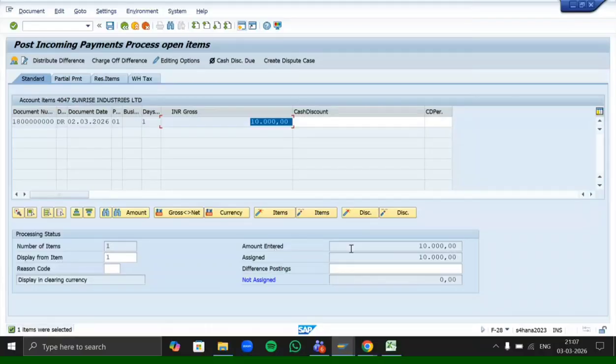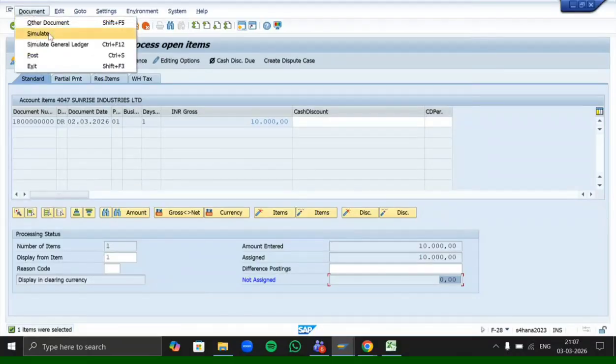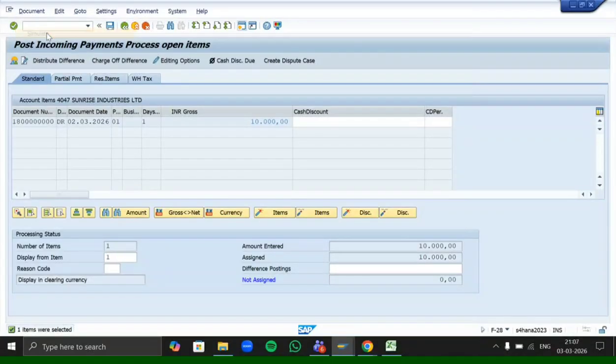Amount entered means the amount which we entered now while making this payment entry, that was also 10,000. Assigned means the invoice amount is also 10,000. There is no difference. The difference is showing as 0. So everything is clear up to this. Now click on Document in the left corner. You will get a simulate option.